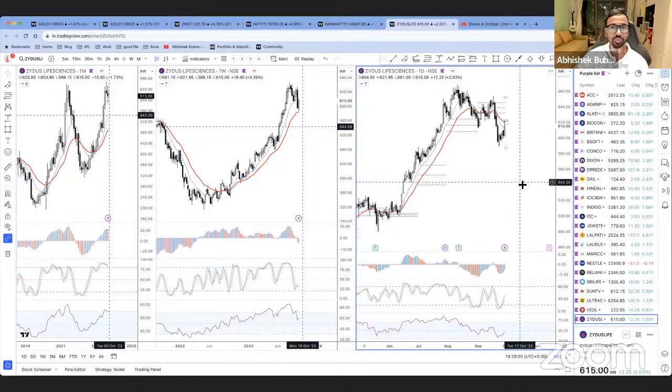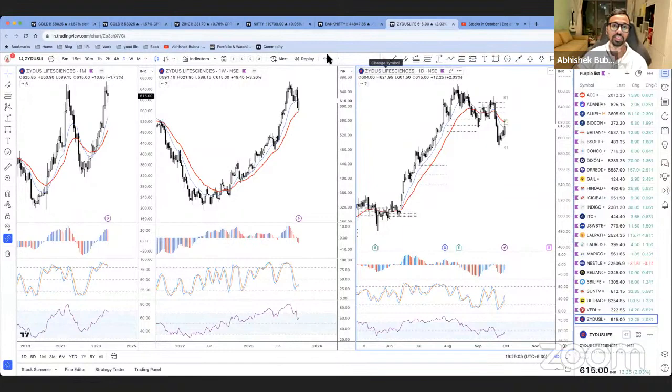Now we're going to go to the indices first, and then we're going to go to commodities first and then cash stocks, so that you all stay till the end. Don't miss it, because when we go to the green list, the cash stocks, that is when you get investment opportunities as well.